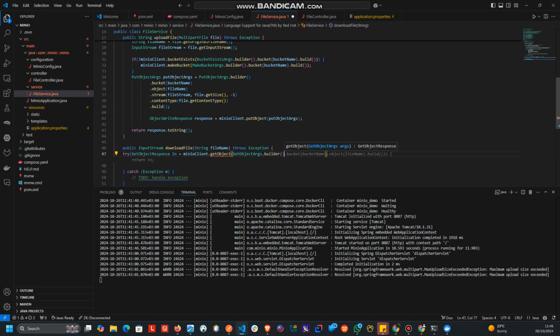Builder, bucket, bucket name, and then the object is file name to build,